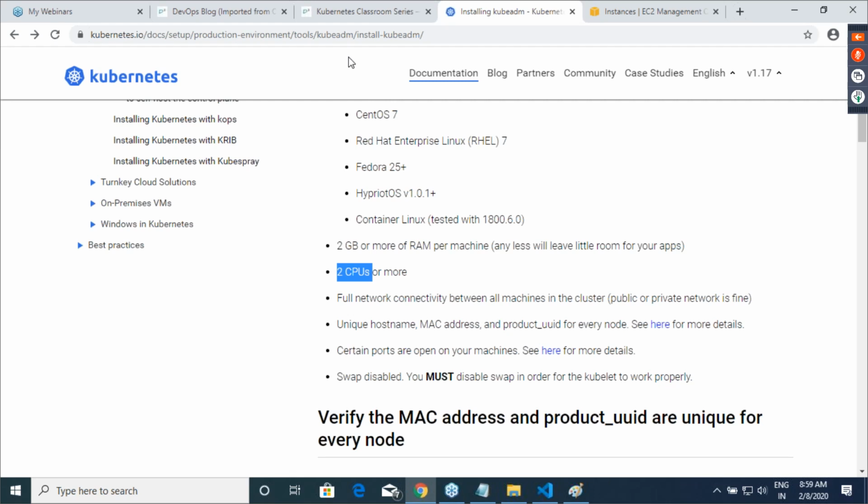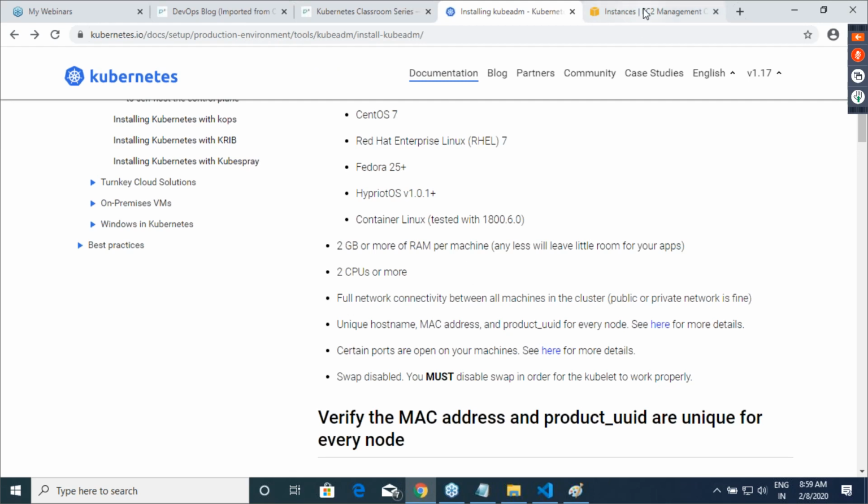By default, if you are using T2 micro, it will not work out. So what are the other options available? Okay. So if you open an Azure account, you will be getting $200 of credit. There you will be able to create 4 virtual machines at least. So go and create 2 core machines there on Azure. Okay. Right. So for me, it doesn't matter because I am not paying the bill for this.